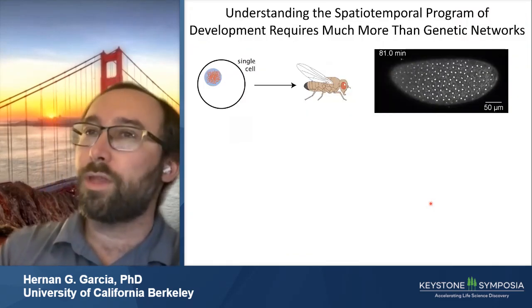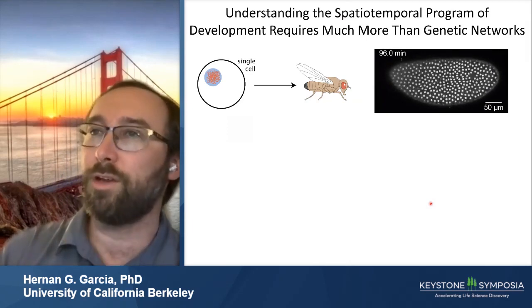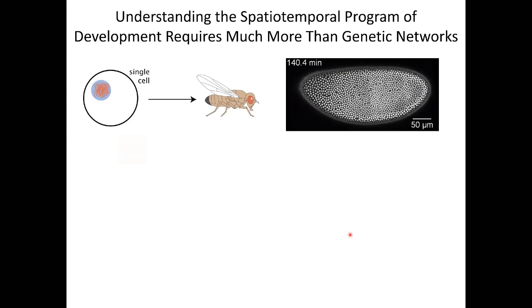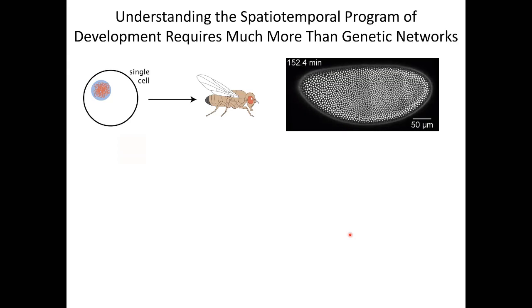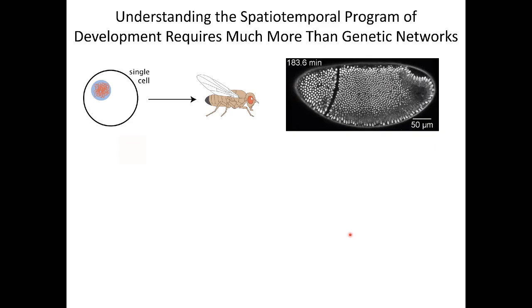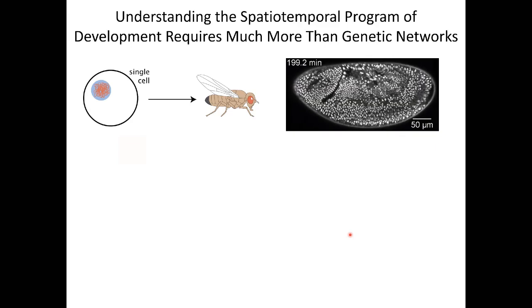And the overall question that we're interested in is how do you go from a single cell to a multicellular organism? And we asked this question in the context of the fruit fly. You can see here how the nuclei in the fruit fly are going through multiple rounds of synchronized division. At this point, all the cells look the same to you, yet each one of them knows what they're going to be when they grow up. And this is so because they are expressing a unique combination of transcription factors. And these decisions then are manifested by these massive rearrangements, for example, called gastrulation in this case.